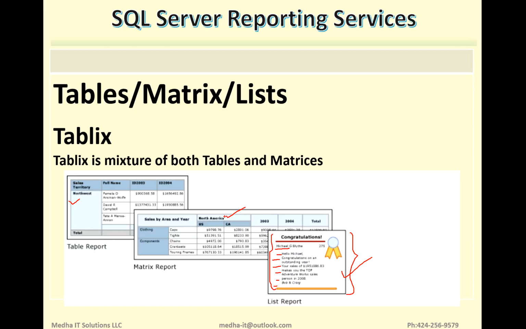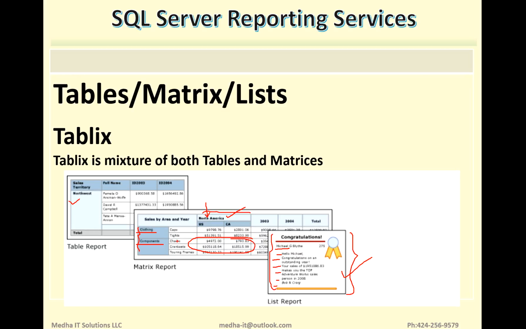Whereas in case of matrix, you will have row groups. Row groups are these ones, and the column groups. Column groups are groupings within the column, like North America is a group, right, column grouping, and the row grouping here, and the details.